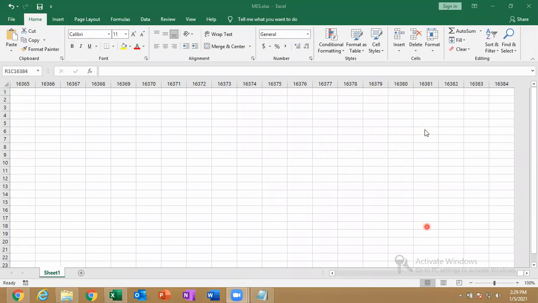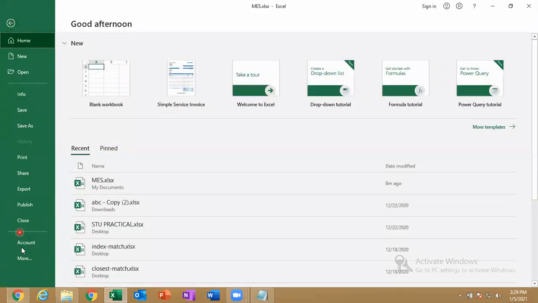Sir, there is no more option. No ma, if no more option is there, I want just options. I don't want more. Is there anything like options? This option is there directly. You have to go to more, then you have to go to options. You will see something like options in the list.